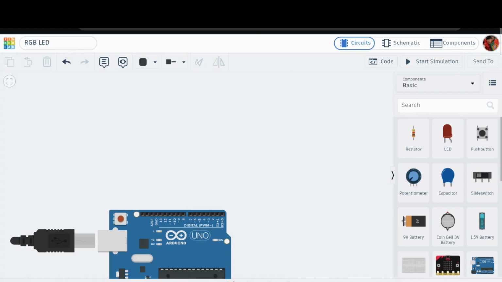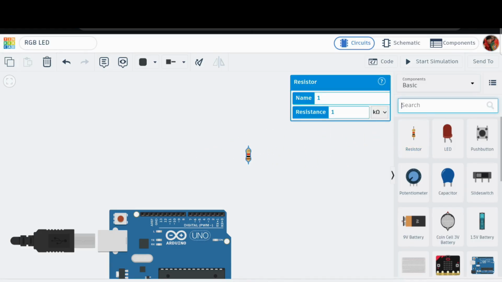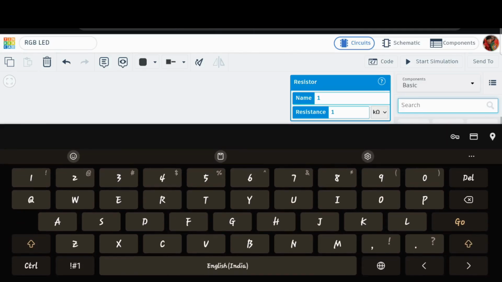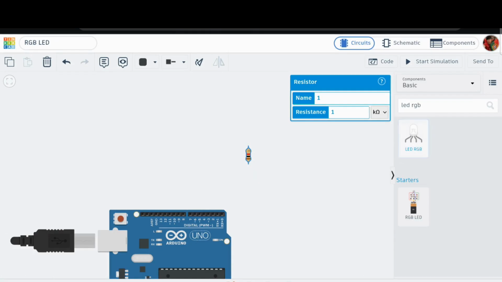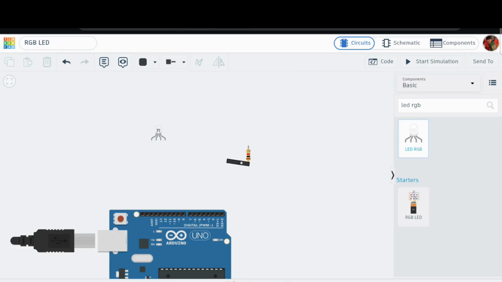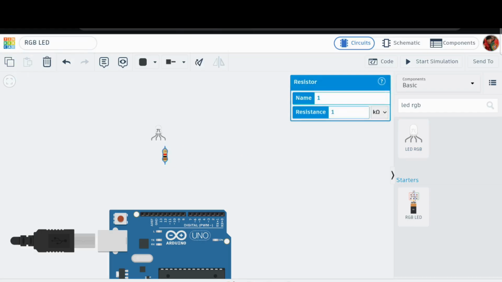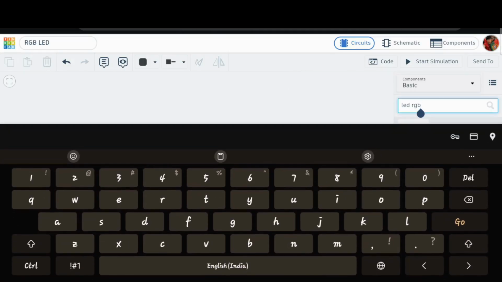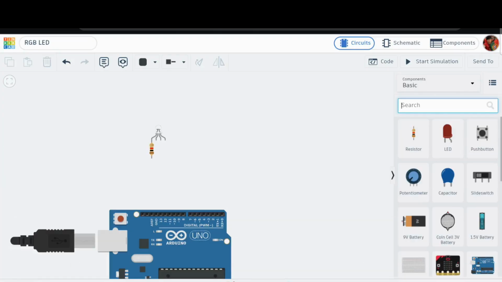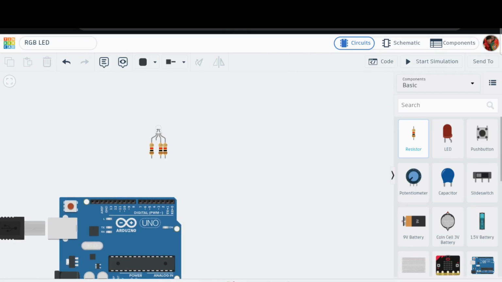So I'm gonna just delete this and add the connections. So I'm gonna just get my LED out. Okay, RGB. Okay, I'm gonna get it out. Oh god, what am I doing? I'm gonna connect the resistor and now connect another resistor to the other ones. Okay, now that I have all the resistors, I'm gonna just do the same connections, but for the